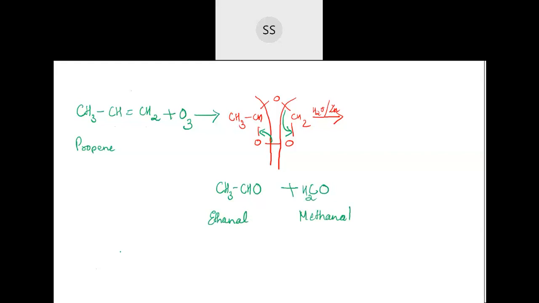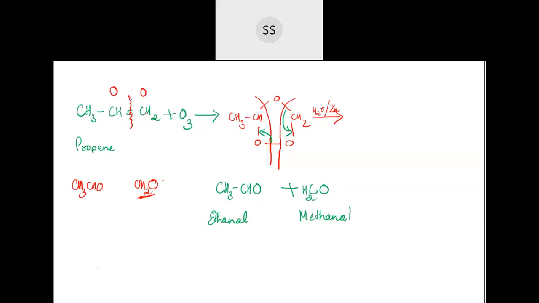See what is actually happening if you have observed it correctly. What actually happens is you are breaking this double bond, no? And double bond is equivalent to 1 oxygen because 1 oxygen valency is also 2. So this double bond which is getting broken down, there 1 oxygen comes, here 1 oxygen comes, and this side the carbon again gets satisfied by 1 more oxygen. So you can directly write CH3CHO, then CH2O. But then this you should know to rearrange and write. It's methanal actually with this molecular formula.